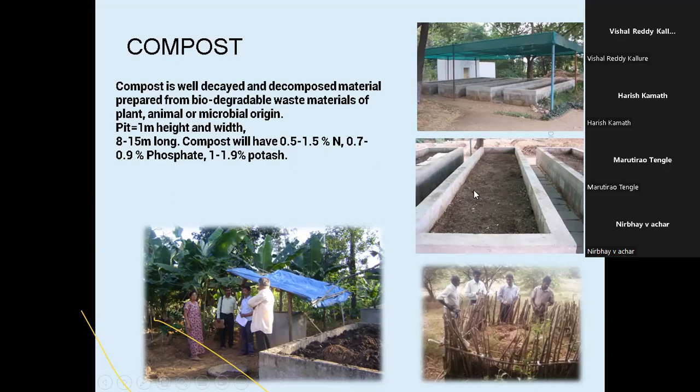When this material attains a CN ratio of 1 is to 10 or something like that, we call it a completely composted material. This is the compost process. Usually they will also prepare heaps. There are different forms. The basic requirement is controlled soil moisture and also temperature inside this heap, because during the compost process a lot of heat is generated, which adds to the increased temperature. That has to be regulated regularly. At least 1 or 2 turnings have to be made.